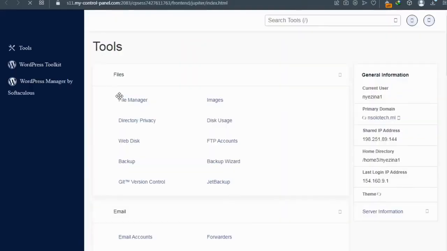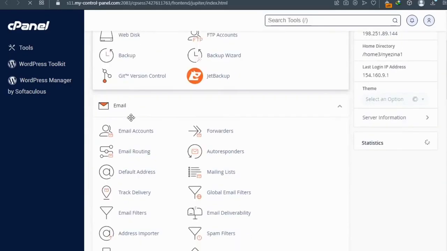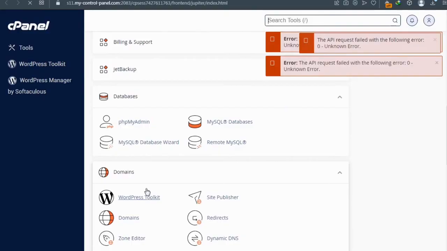Now cPanel is where you're going to be managing your website files. Okay, so let's go to cPanel. Perfect, this is cPanel, and you can see file manager, and I said your website is going to be made of files. Okay, so this is where you upload your files. This is file manager. When you scroll down, you can see emails. You can go here and create your emails, forwarders, autoresponders, a lot of things here. Now your databases are all here, WordPress are all here. Okay,